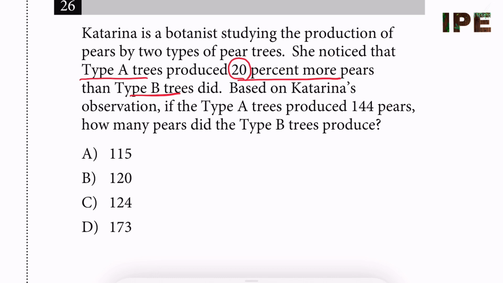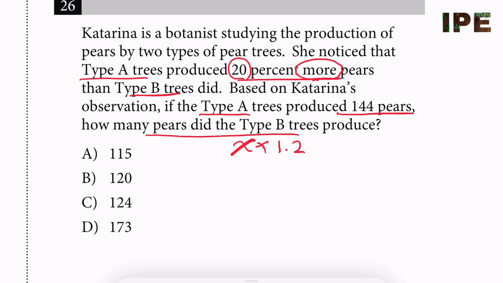Based on Catalina's observation, if the type A tree produced 144 pears, how many pears did the type B tree produce? Let that number of pears be X. Type A tree produced 20% more. It's not just 20% of X, it's 20% more. That means 120%. So X times